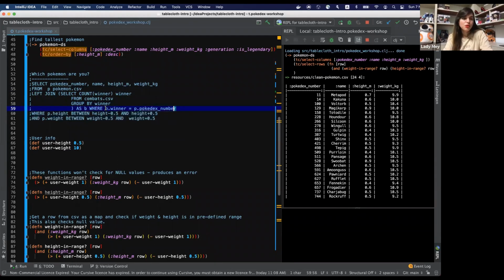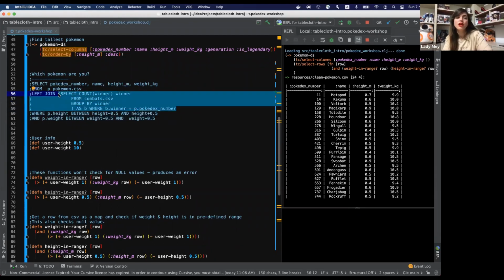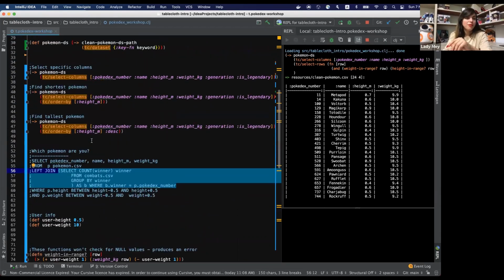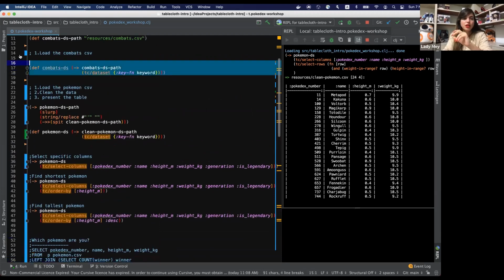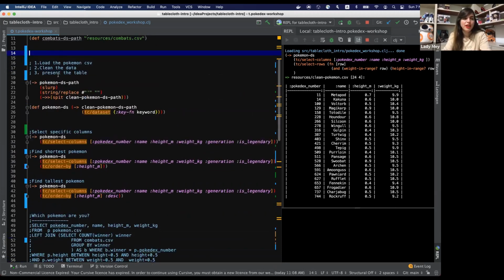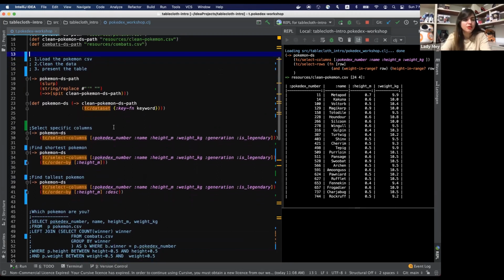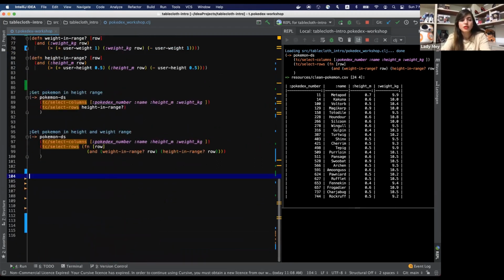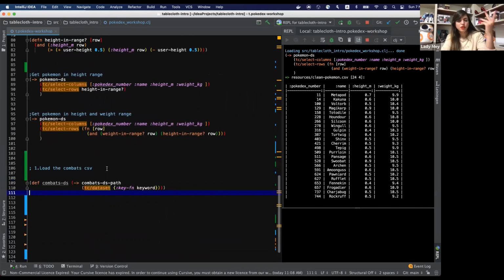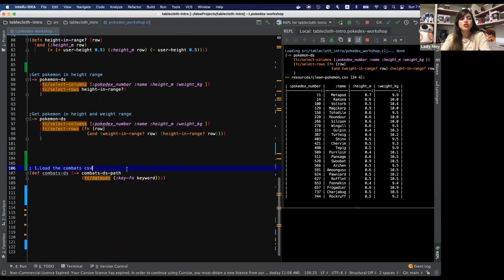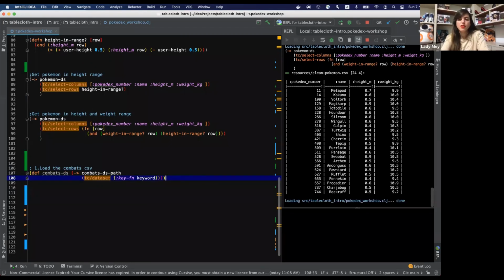Now what we want to do is the other query, which is going to be done only on the Combats CSV file. It doesn't matter that it's all the way up here, but for my convenience and for your convenience, I'm going to take it all the way down here so you can see what I'm doing. But obviously it doesn't matter if it was all the way up there. So, loading the Combat CSV file,